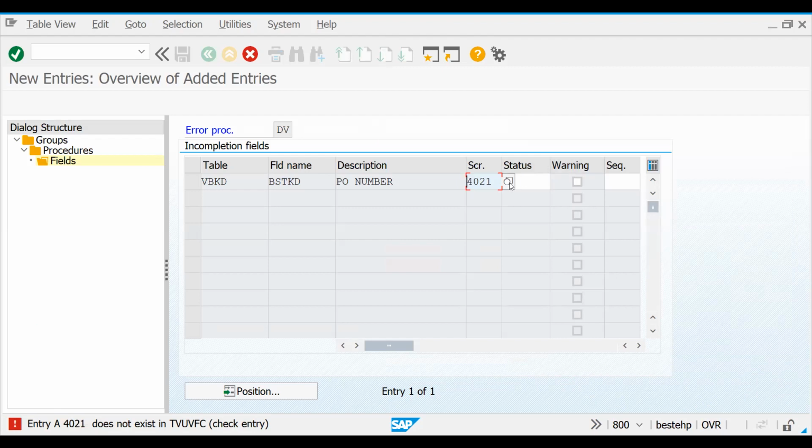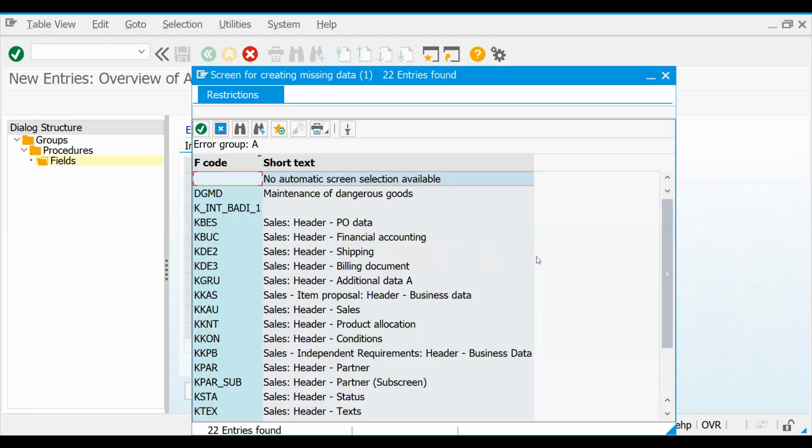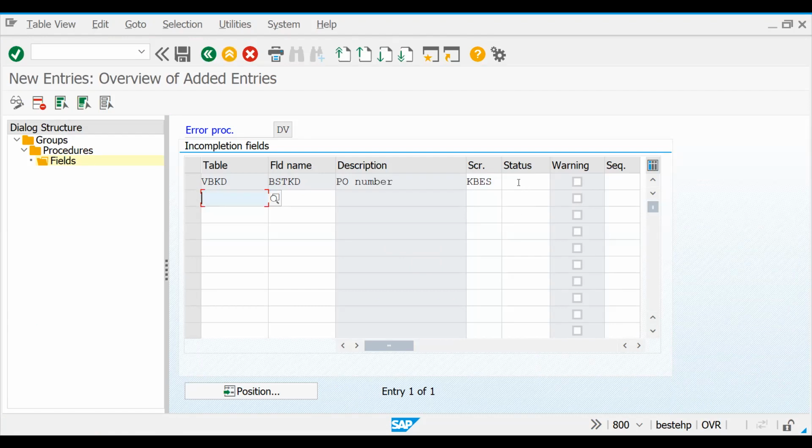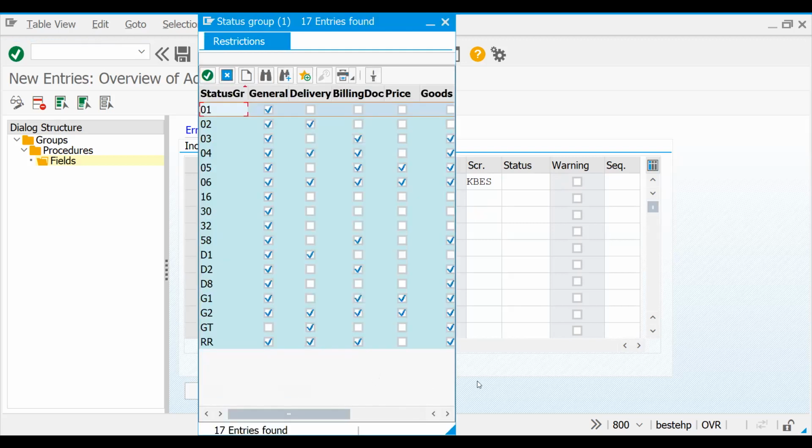What is this? Does not exist. Let's check here. So ours is sales document header PO data. We'll take this one. Okay. So now status, what does it talk about? Sometimes you can take the screen or else you can try to choose here. Okay. So status,